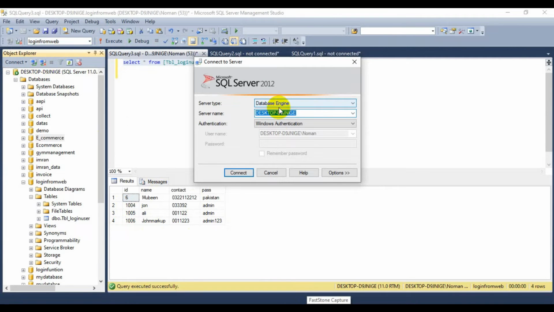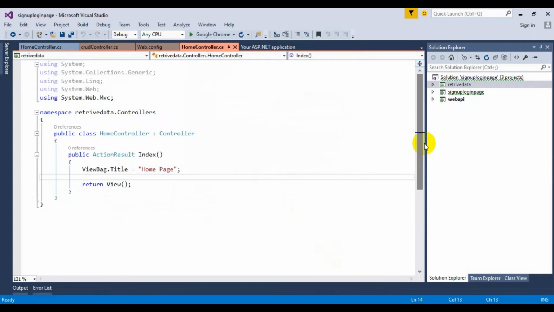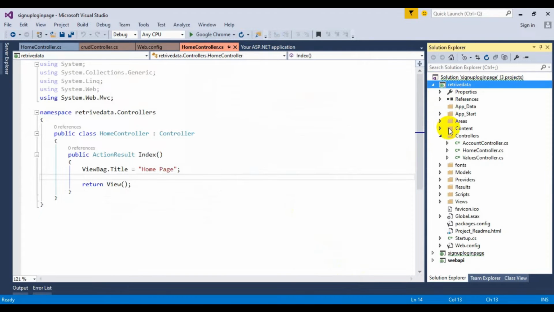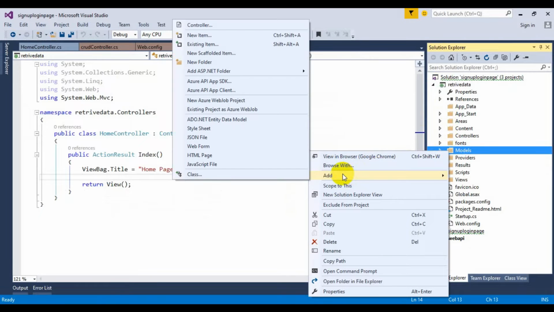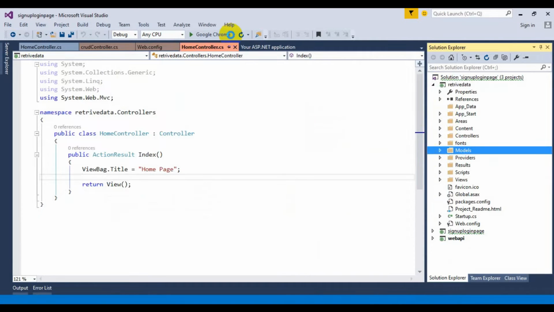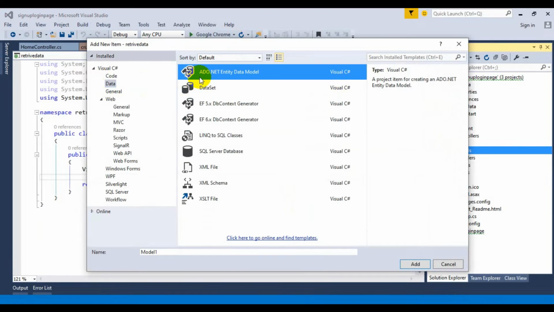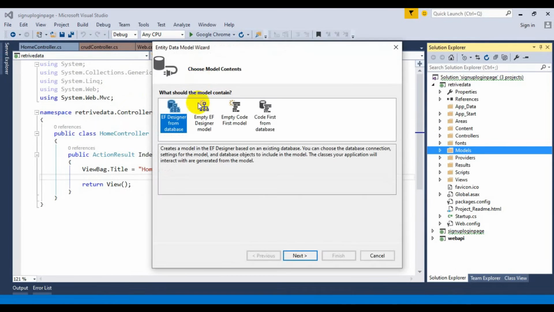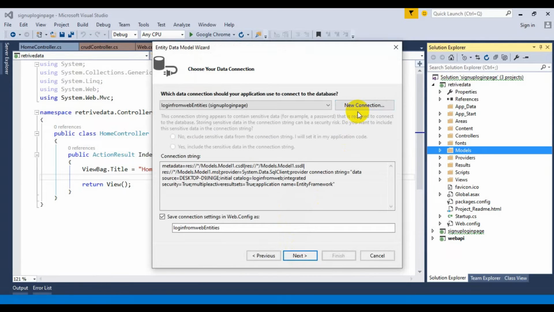Just copy my connection server name, cancel it, and go here. In the retrieve data project, I have a Models folder. Right click on it, go to add new item, and select data, ADO.NET Entity Data Model. Click OK, select EF Designer from database, and click next.